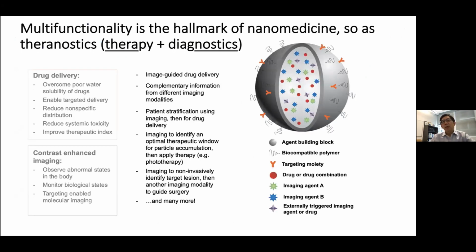One of the key hallmarks of nanoparticles is multifunctionality. By the same token, theranostics, a field covering both therapy and diagnostics, is also within the realm of the multifunctionality of nanomedicines. With a nanoparticle, you can load different drugs, drug combinations, and imaging agents, and in terms of theranostics,